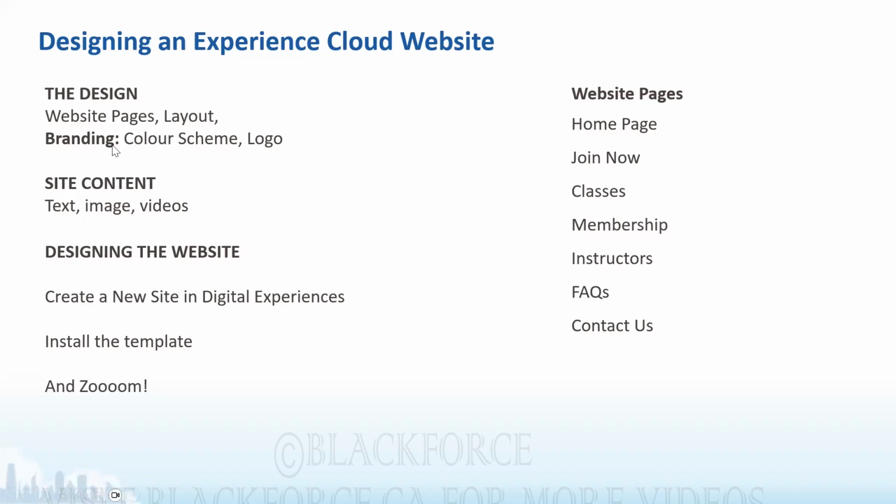Then in terms of branding, we need to choose what color scheme that we're going to use, and then a logo. So in terms of the color scheme, when I design sites for clients, I would start with asking them,